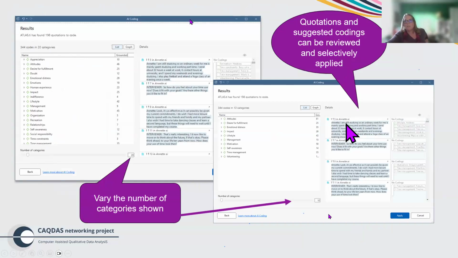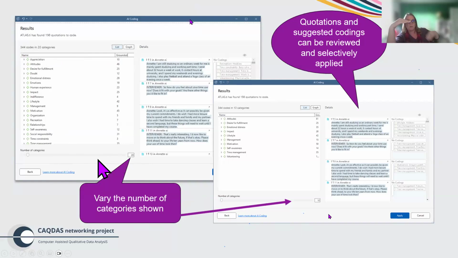So I can see the quotations, the extracts of data that it thinks might be relevant to each code, but there's a lot of reviewing and thinking and deciding about whether it's useful, and 344 is a lot to go through.